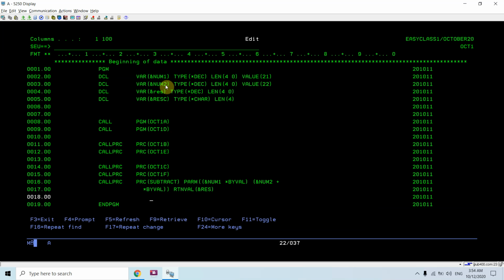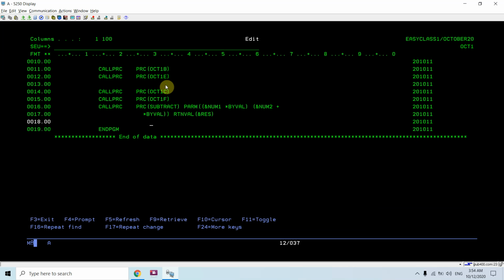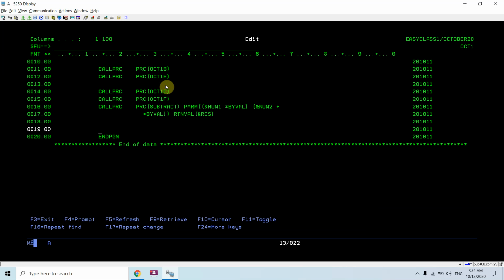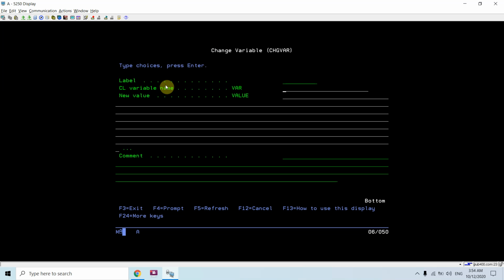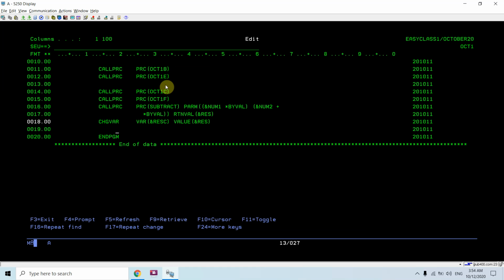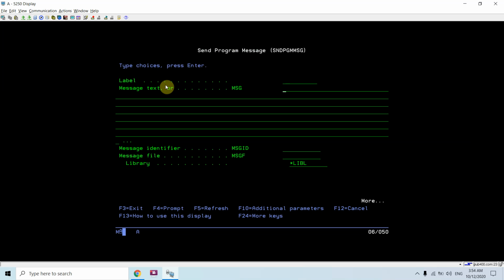So we return the res, and now we'll convert this resc and res, that decimal to the character, and then send bgm message and resc.